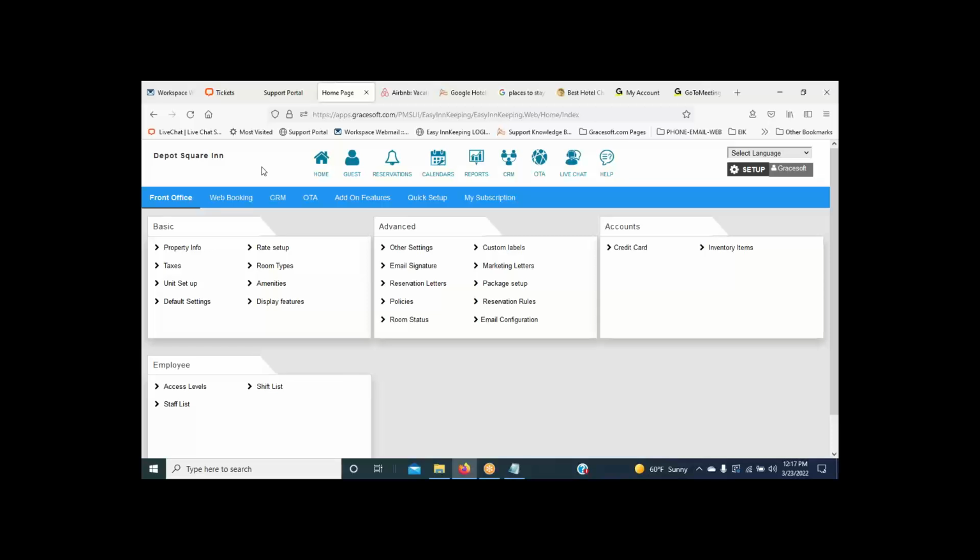And so you would want to just make sure that whatever rates you have already set up in Easy Innkeeping is what you want to publish to Airbnb. And then the other thing that gets shared is minimum nights. So if you do have minimum nights restrictions in your reservation rules, you want to be sure that those are in place.